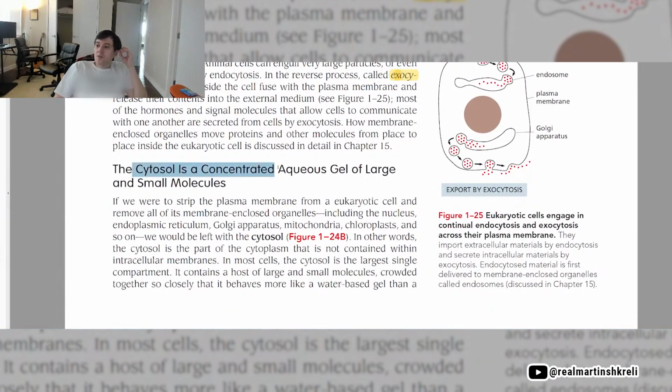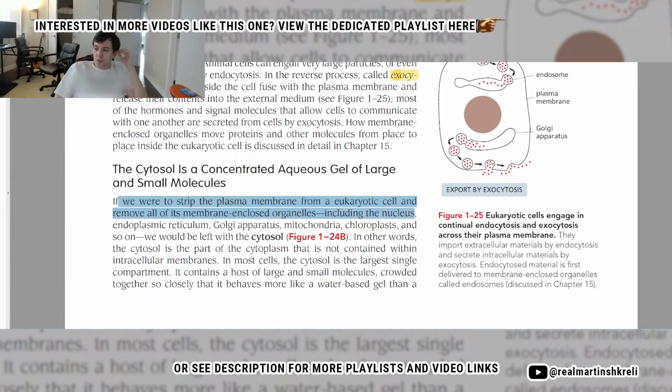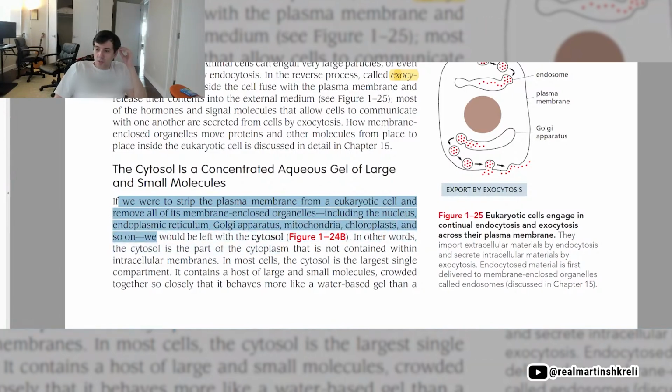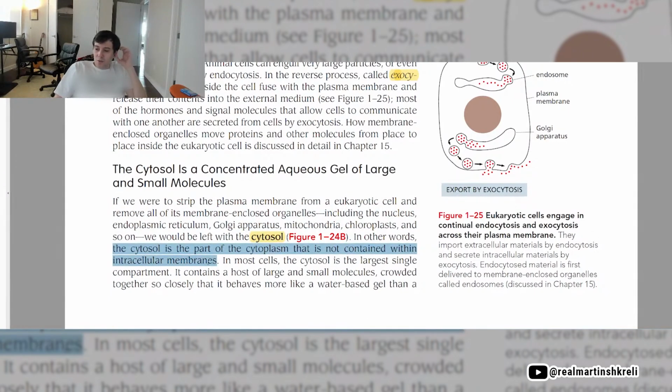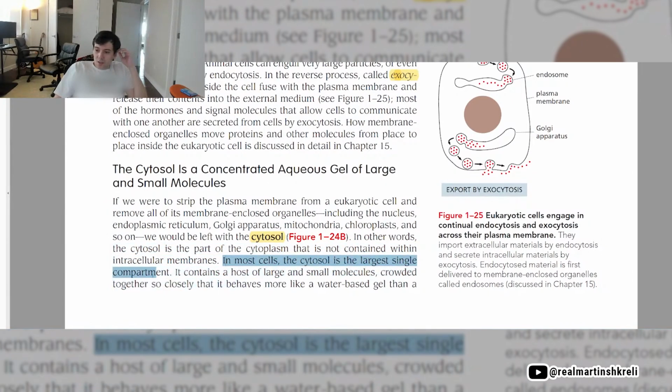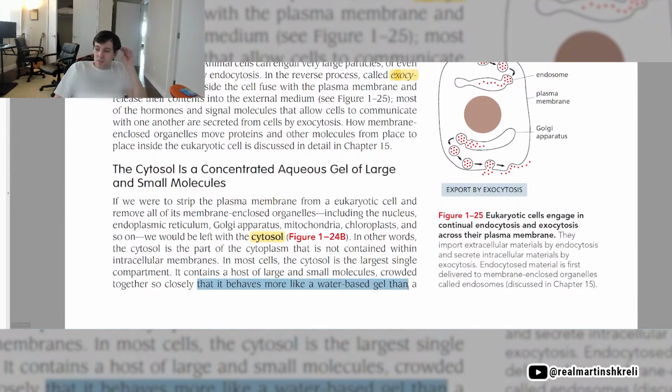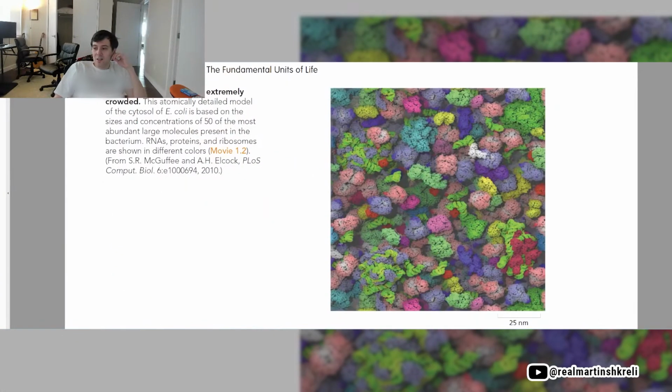All right, the cytosol is a concentrated aqueous gel of large and small molecules. This is a really good concept. If we were to strip the plasma membrane from a eukaryotic cell and remove all of its membrane-enclosed organelles, including the nucleus, ER, Golgi, mitochondria, chloroplasts, and so on, we'd be left with a cytosol. In other words, the cytosol is the part of the cytoplasm that is not contained within the intracellular membranes. In most cells, the cytosol is the single largest cell compartment. It contains a host of large and small molecules crowded together so closely that it behaves more like a gel